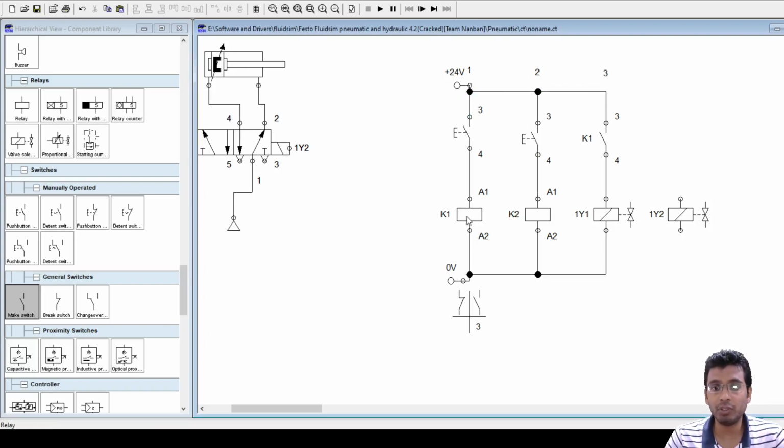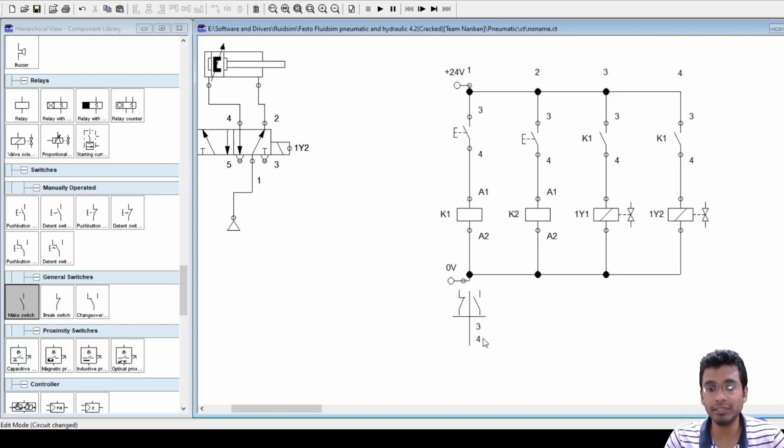I have used one normally open contact of K1 at my current path 3, so see, it shows 3 here. Now suppose I am using the same relay, another contact here, and I connect it to this path, this one here and this one here.